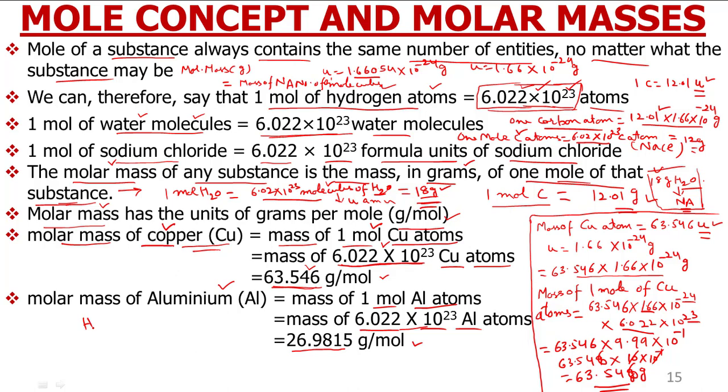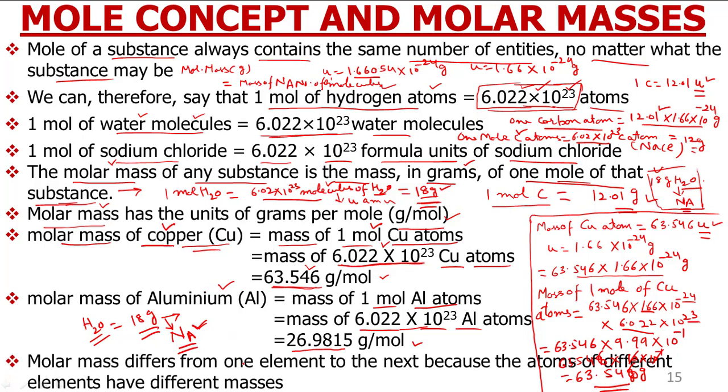Like water, its molar mass is 16 plus 2, 18 grams. This is its molar mass, and this mass contains how many molecules? Avogadro number of molecules. This relation is very important: a substance having weight equal to its molar mass contains Avogadro number of molecules, which is 6.022 into 10 raised to power 23. I once again repeat, the relation between Avogadro number and molar mass is quite important, which is used heavily in chemistry.